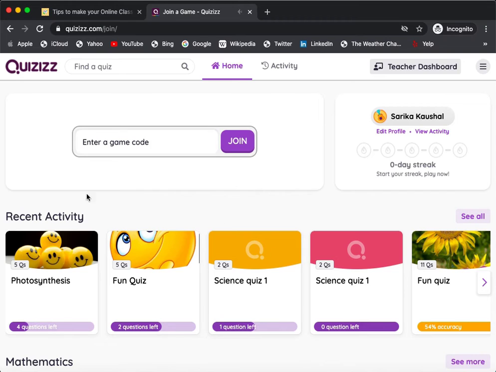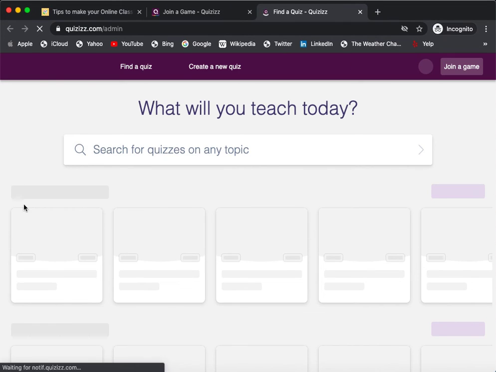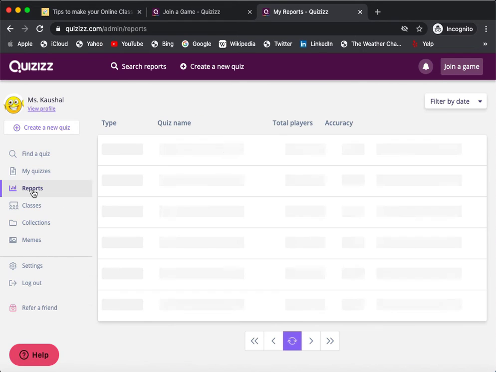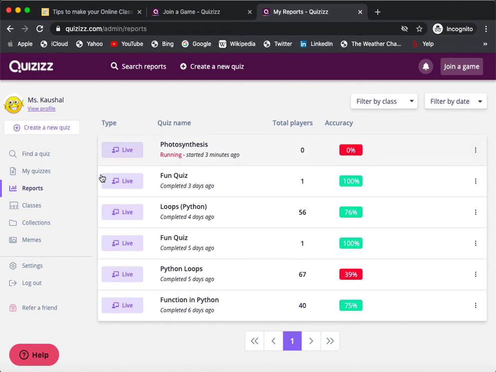Now there's one more important thing that you need to know. When you're logging in, you'll get a teacher's dashboard, and at the same time you will be able to see how your children have done. So you can show it to them. How you're supposed to show it to them, just go to the report section, and you will be able to see your quiz that you've organized. It is running, and once it's done, you can always click on this and show the result. So it's wonderful. You all must try this app.